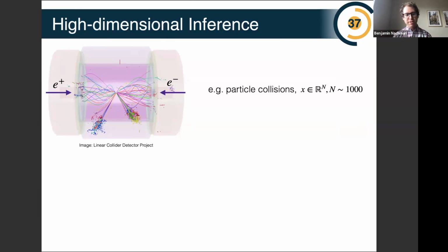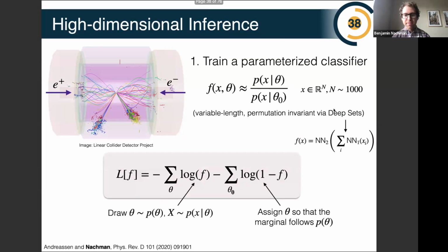But the point is that the feature space we're trying to use are all the particles and their properties. So if you have hundreds of particles and each particle has some number of properties, like a momentum, which is 4 numbers, and then a few other numbers like electric charge, then the size of the inference task in the feature space is roughly 1,000 dimensional. Okay, so fitting a function in 1,000 dimensions is kind of hard, but we're going to train a classifier to approximate the likelihood ratio. And so the first thing we need to do is we need to train this classifier,